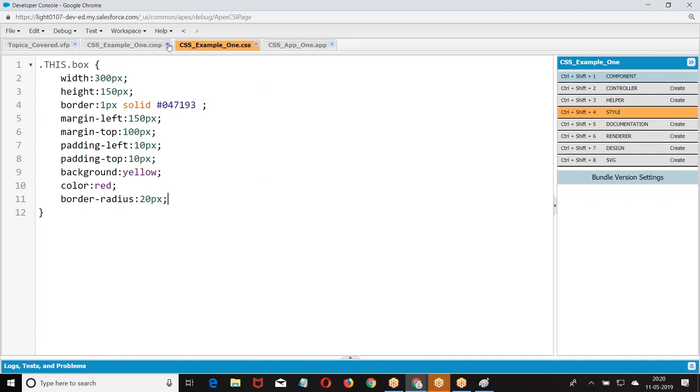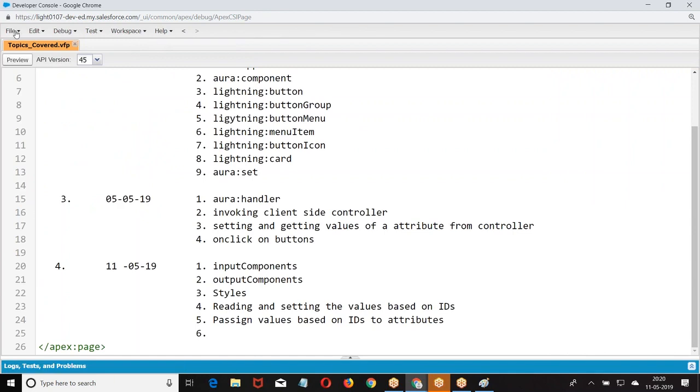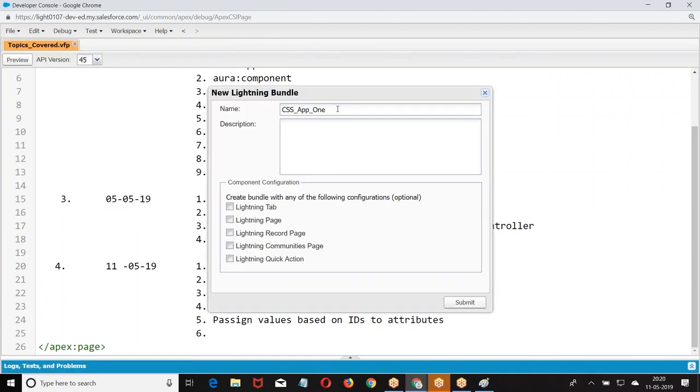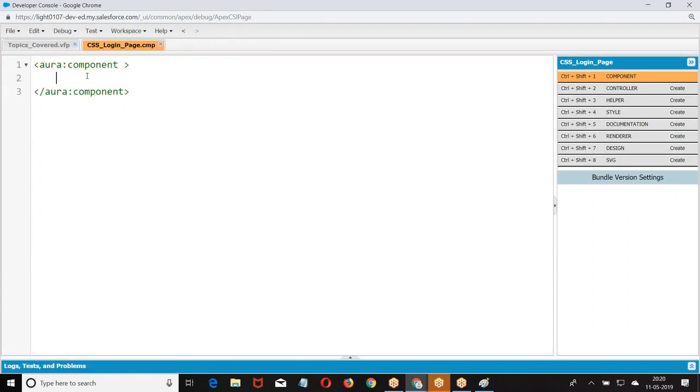Now let us get into another example where I want to create a login form. Writing input text.